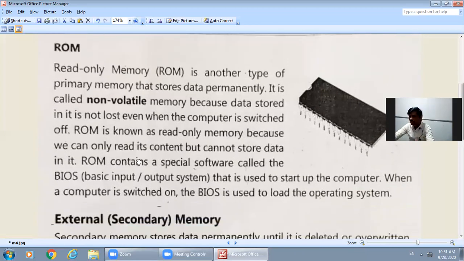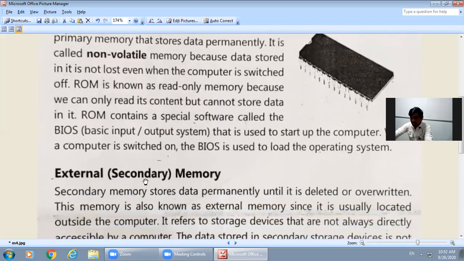Okay, that is about your RAM. I hope you understood about RAM and ROM. See, again I am explaining, RAM is temporary memory, ROM is permanent memory. RAM is volatile memory, ROM is non-volatile memory. When your computer is working, RAM is working. Once the computer is switched off, data will be erased. ROM, when your computer is working and you save your data, it will be saved in ROM. When your computer is switched off, it will not erase any data. Okay, like this is the difference between RAM and ROM. Both are primary memory.